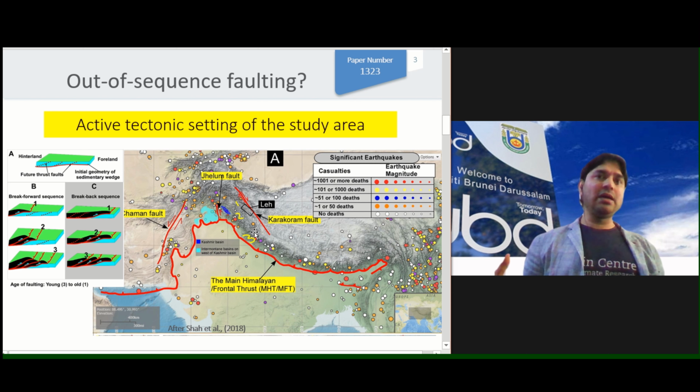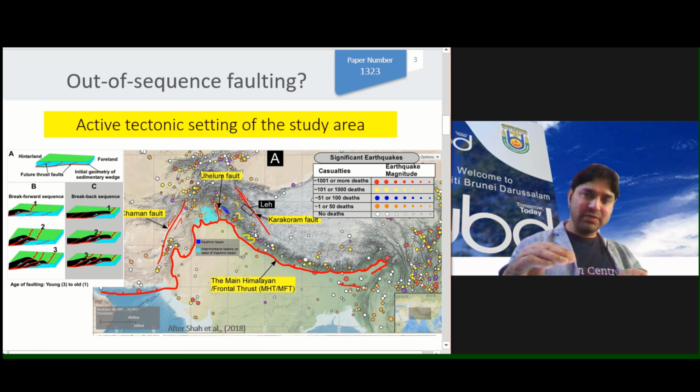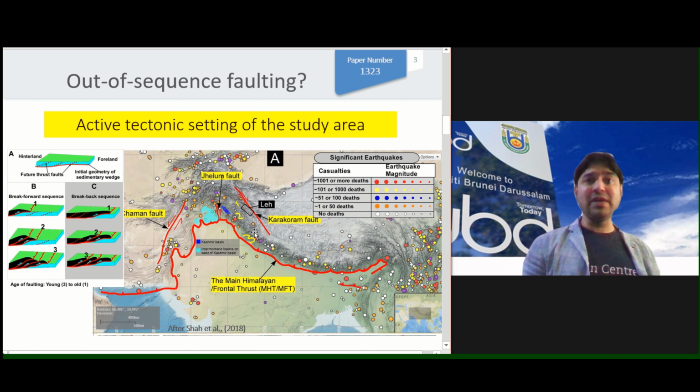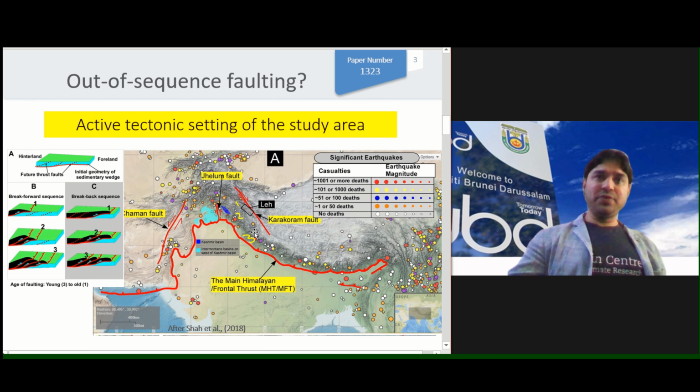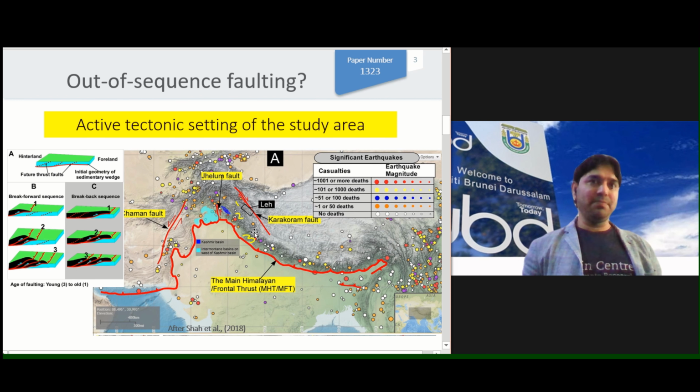It's not like they're not active; they're active. I think it is not really possible to think that you have two plates in convergence and then the rest of the faults will not be active. They are active, but they're taking less convergence. That's what I think. And that's why we think that those faults are not active, but they take more time, but they can get activated.